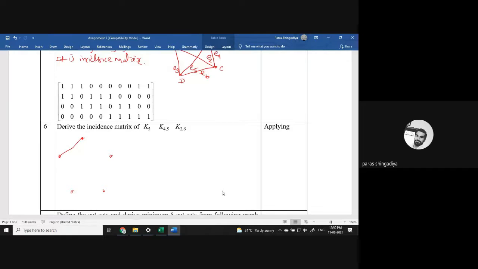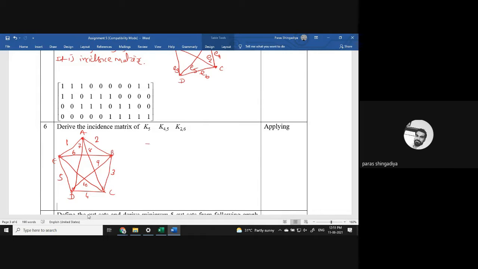Consider 5 vertices, and make one complete graph. Means each and every vertex should be connected to each other. That is A, B, C, D, and E. Okay, so that is a complete graph of 5 vertices. 10 edges are there. Let us mention the notation also. That is 1, 2, 3, 4, 5. That is 6, 7, 8. That is 9. And that is number 10. Okay, 10 edges are there.